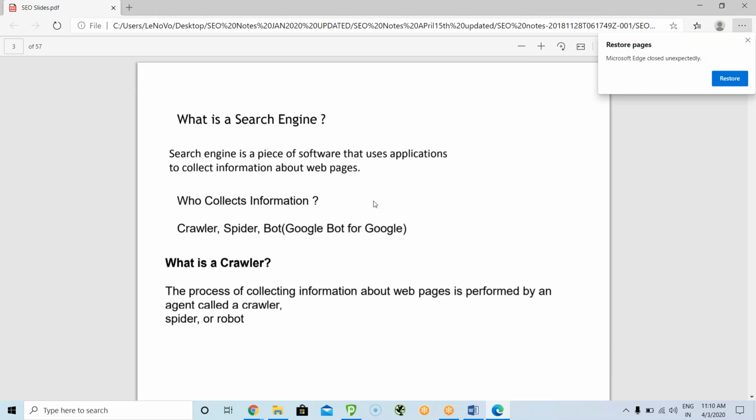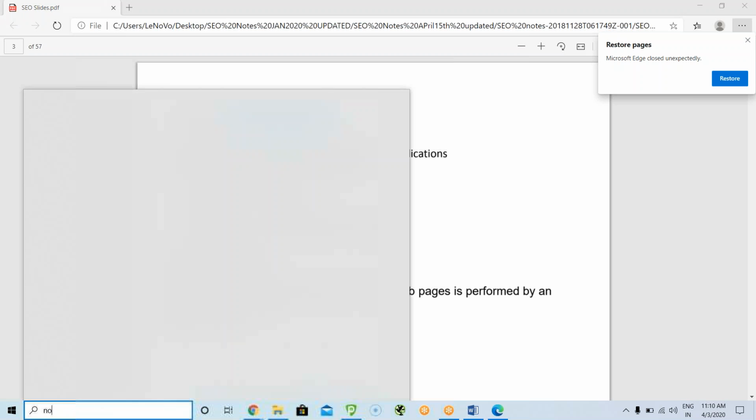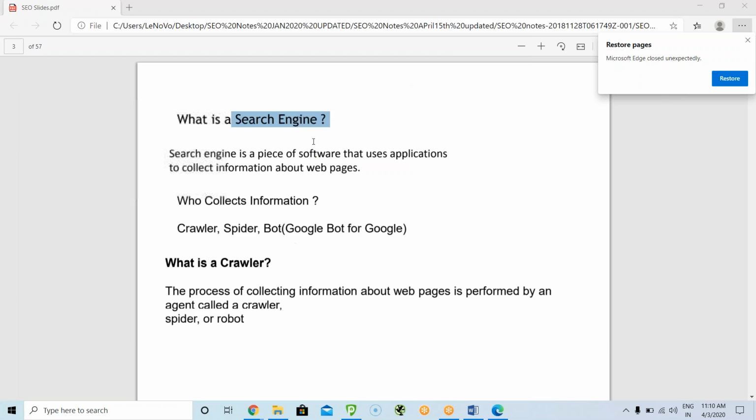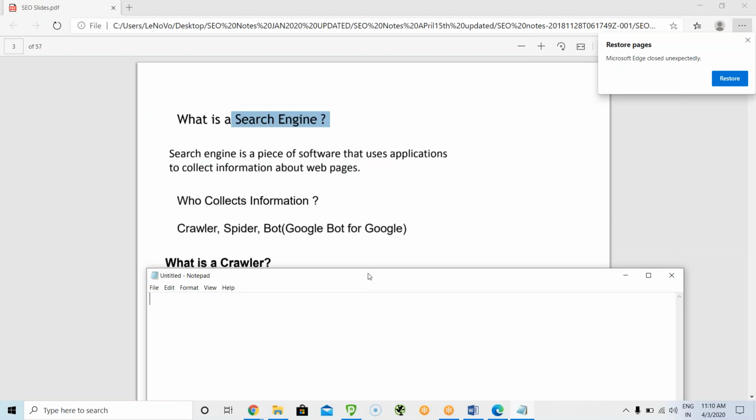That means search engines will go and collect the information present in millions of sites. For example, if any new website is created online, like abc.com is a newly started website which is created on the internet. So if you want to know what exactly a search engine will do, all search engines have their